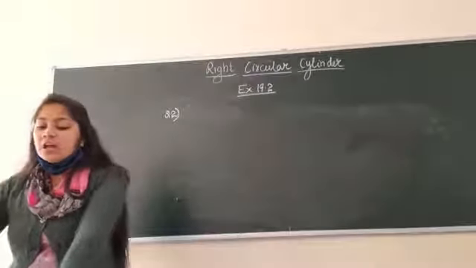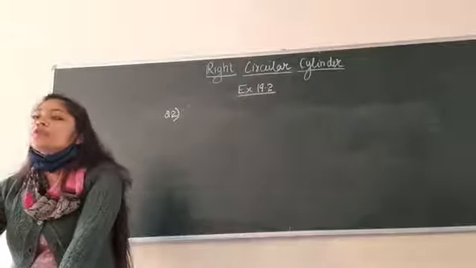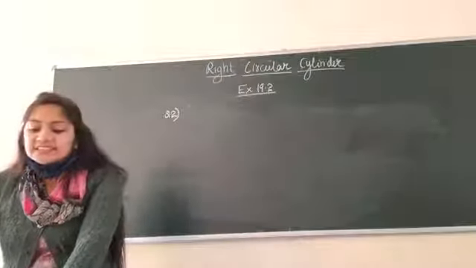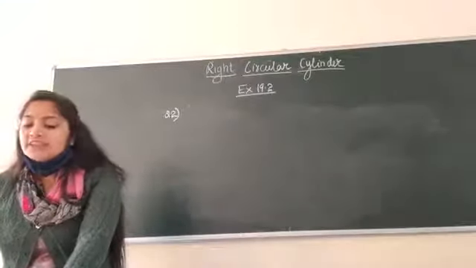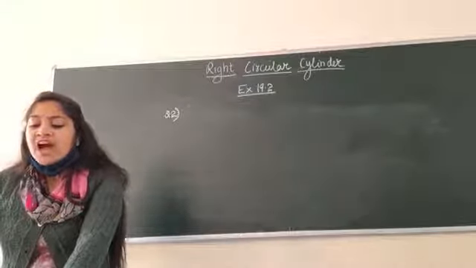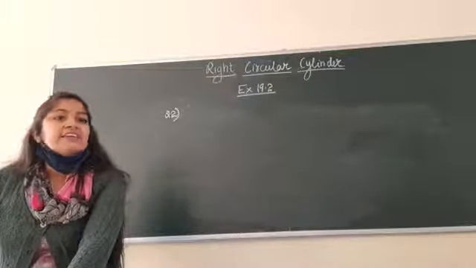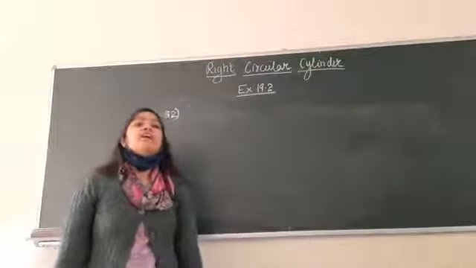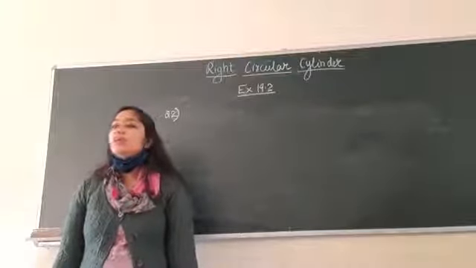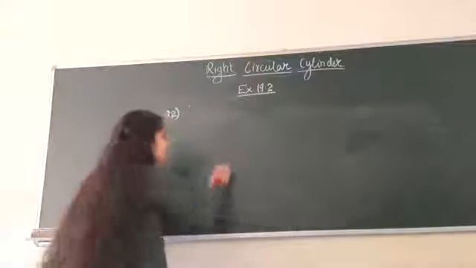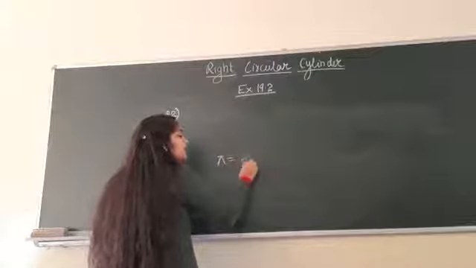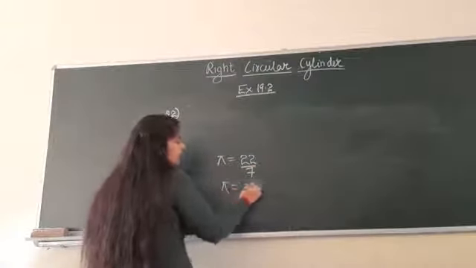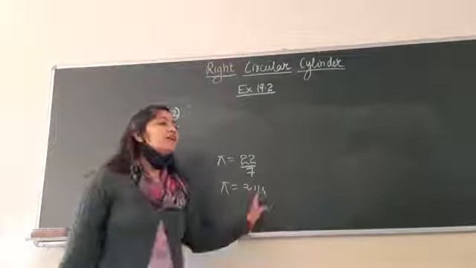Okay? So in question number 2, they are asking you to calculate the height of the cylinder whose total surface area is given. It is equal to 314 centimeters square, and the diameter of the base is 8 centimeter. And in the bracket, they have specially mentioned that you will take pi equal to 3.14. Generally, we take pi equals to 22 by 7, and in some cases, we take it as approximately 3.14.